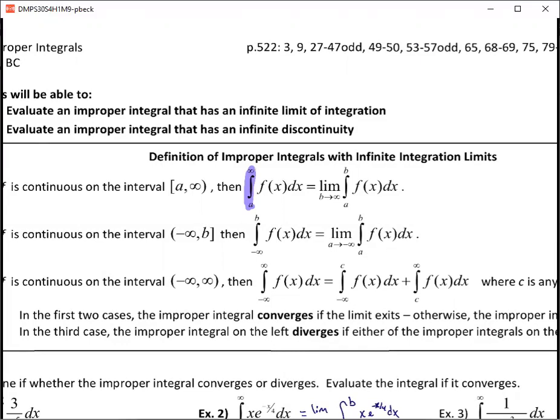So how do you get a definite value for an undefined place? And that answer is we can't. And since we can't, this is where we're going to say, okay, we're going to use our definite integral to a variable, but then we're going to say what happens when that variable goes to infinity. So when the limit as we go to infinity. And that way, by applying a limit mentality to this, then we're going to be able to find the overall